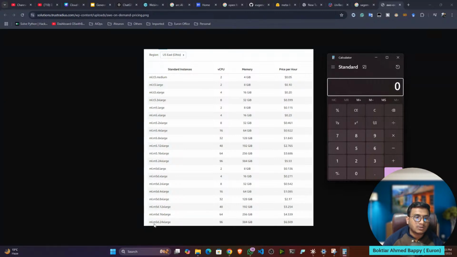So let's say I want to run my application for just 1 day. Per hour it is charging me $6, or let's say $7, something like 6.5. Let's consider $6 only. If I multiply 24 times 6, what is the charge per day, guys? $144 per day. Per day you actually have to pay.